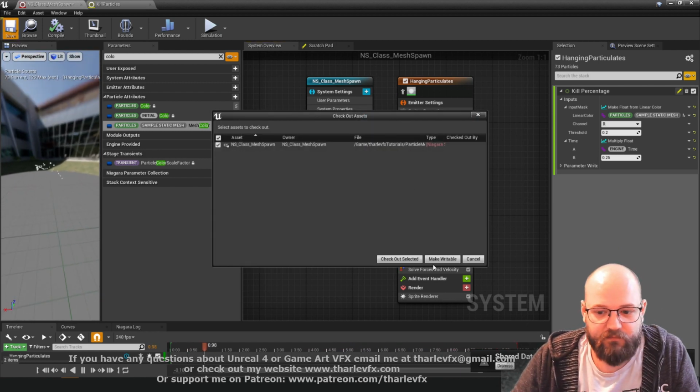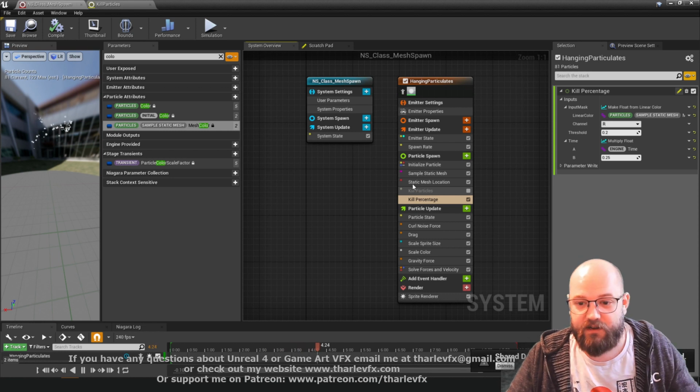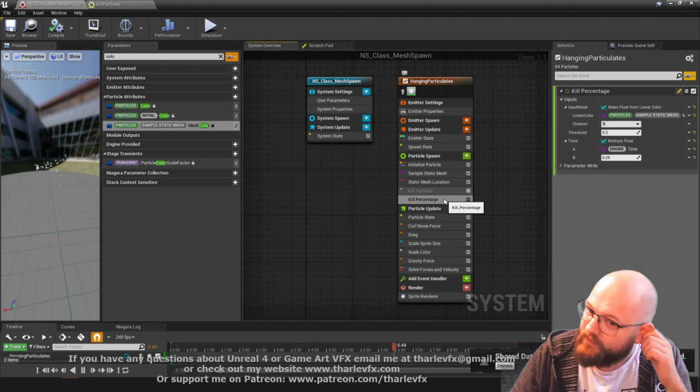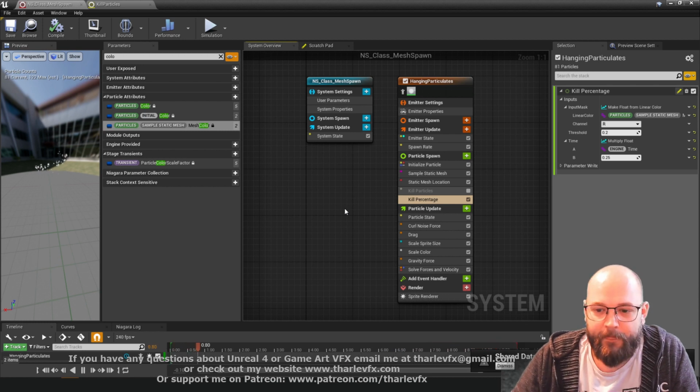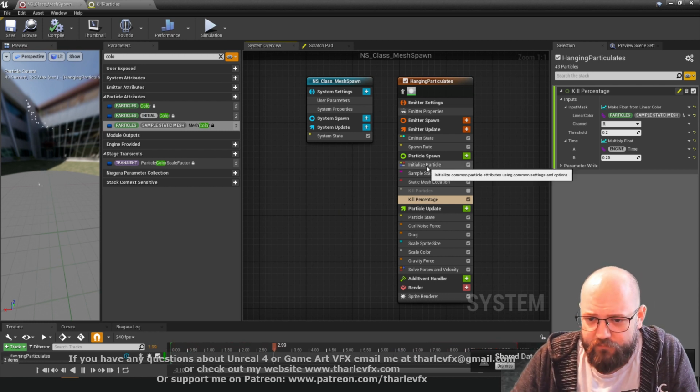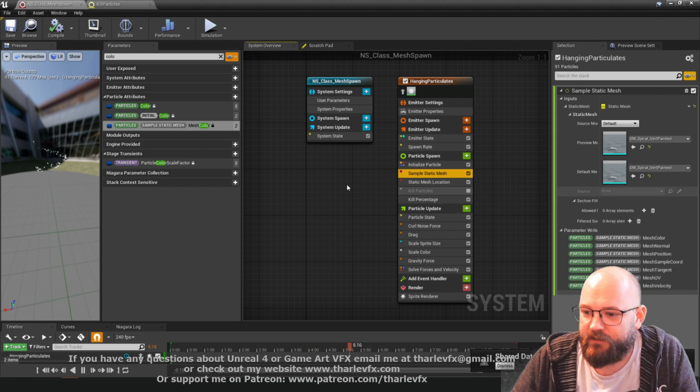Cool. Let's save this. So that works. That's the same logic we were having last time. But there's a few other things I wanted to look at this time, just to extend that a little bit further. One thing, if we have a look at our sample static mesh, have a look at these